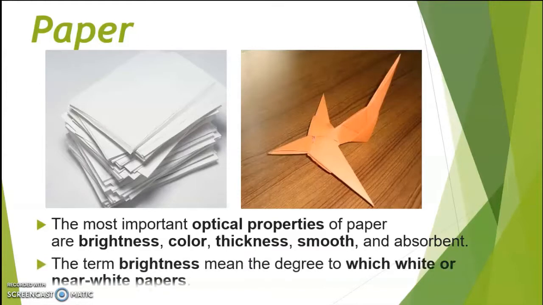Now, the term brightness means the degree to which paper is white or near white. So that is the meaning of brightness, a white paper. Okay, so the properties, yes, brightness, color, thickness, smooth, and absorbent. If you put it in the water, it will absorb the water into the paper. Okay,